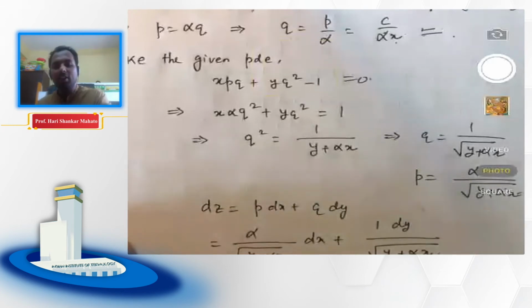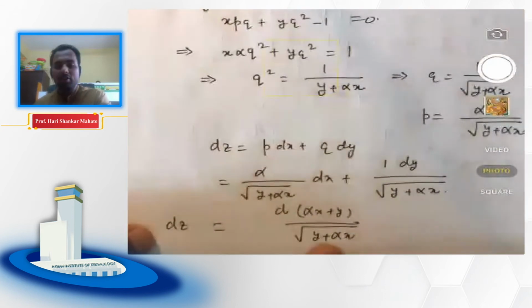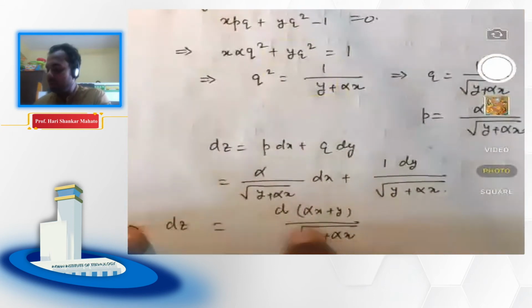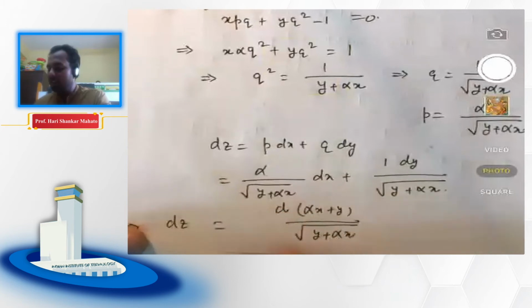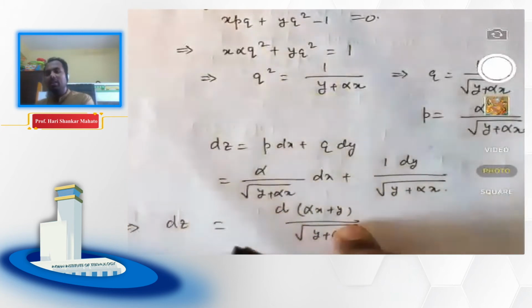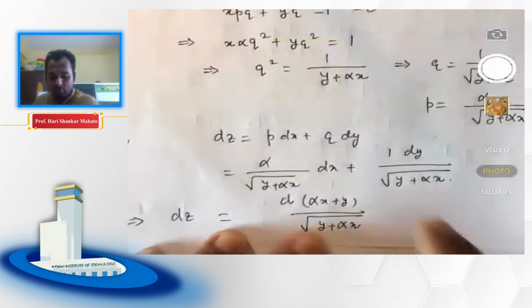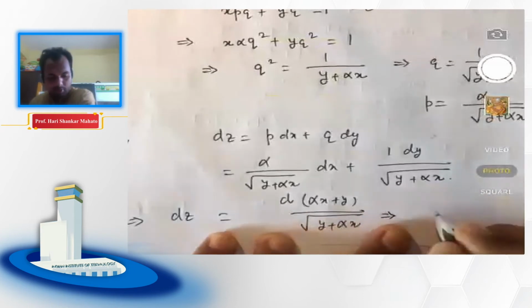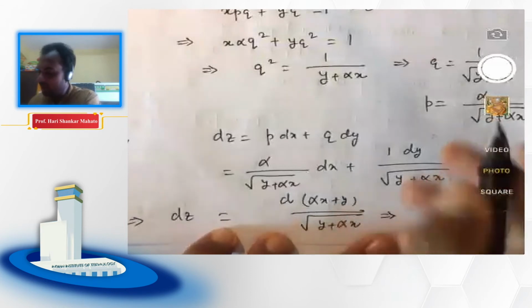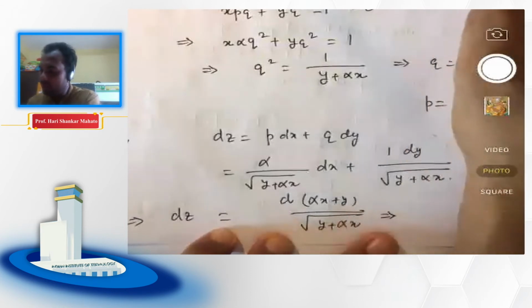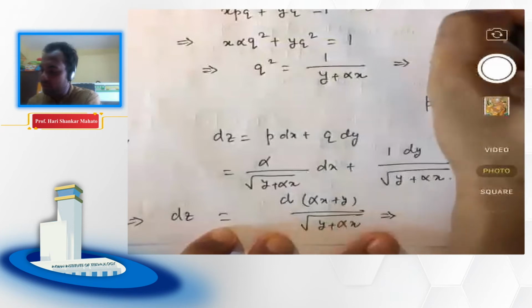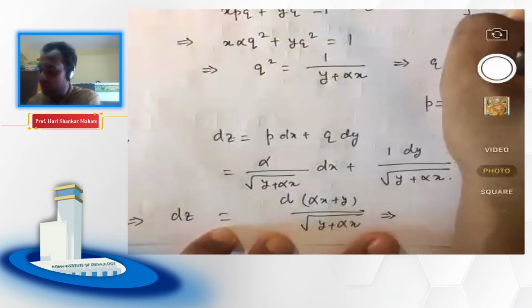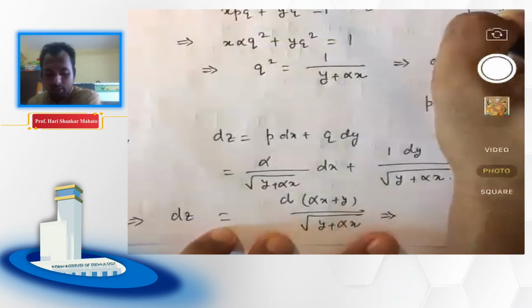Now you can see that if you consider this as a new function, let's say m, then this is nothing but dm by square root of m. And this side you have dz. So dm by square root of m, that will give you, if we have 1 by square root of x, so something like d of square root of x, so we have x to the power minus half. When we integrate, this becomes x to the power half divided by half. So here we will get a 2.